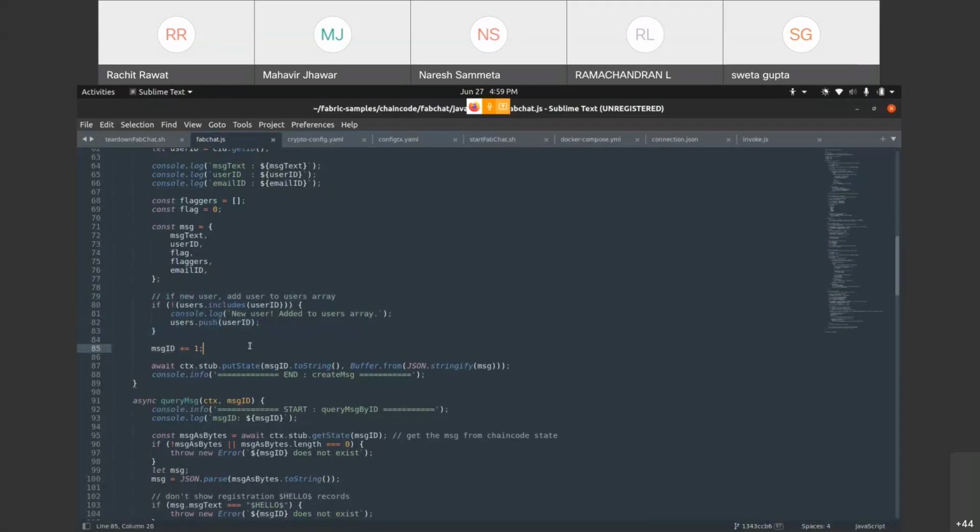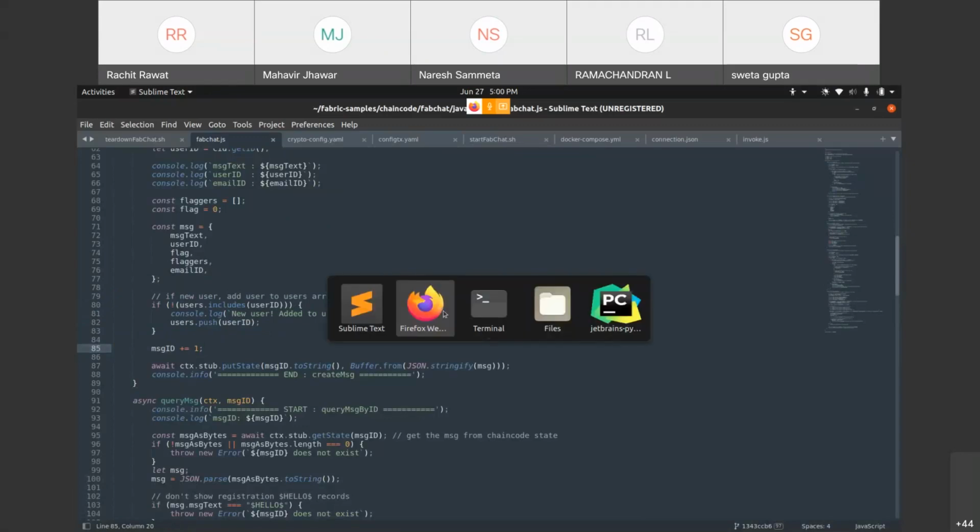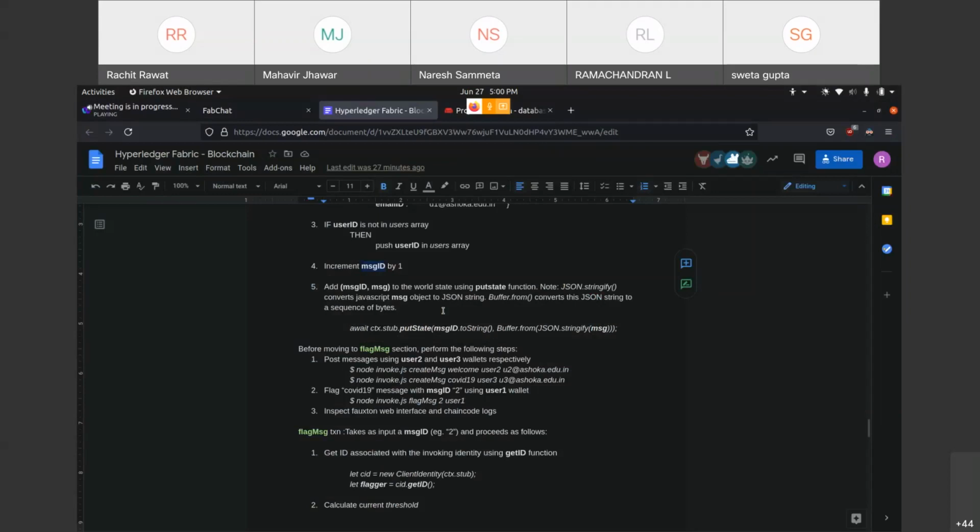Now the final step will be, of course, to put our message along with its message ID in the blockchain itself. To do that, we use the put state function, and our asset will be the message ID and message. This is the command to do that.